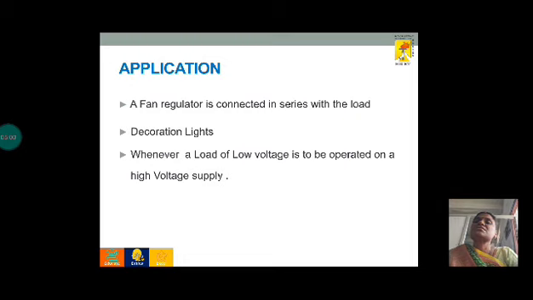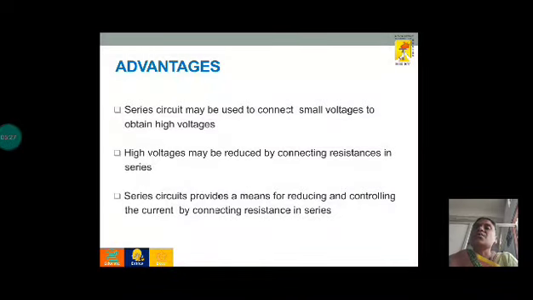An application of this series combination is the fan regulator, where we can see it. Next is the decoration of lights. Whenever we need a low voltage for any load from a high voltage supply, the series combination of resistance is recommended. Advantages of the series combination are that series circuits can be used to connect small voltages and obtain a high voltage,